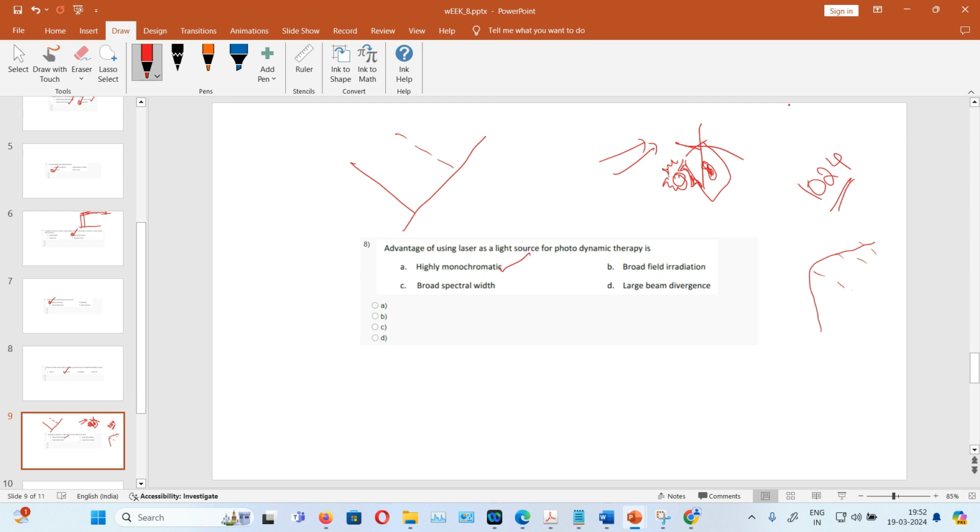The second one, broad field irradiation. If you are using an incandescent lamp, you cannot control the irradiation, unless there is an aperture, which you can use to control it. Otherwise, the light from a normal lamp will go in all possible directions. So broad field irradiation is not at all a matter of laser light, but it is actually a property of the incandescent lamp. Okay,